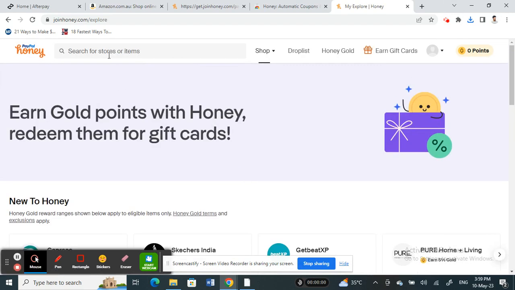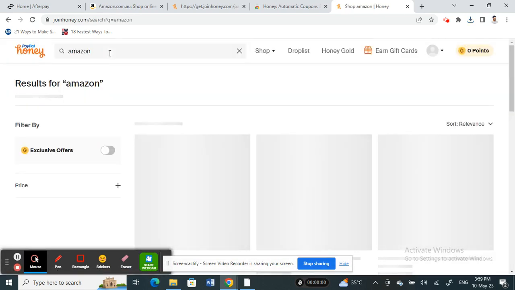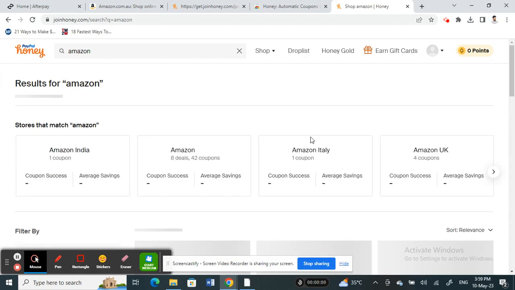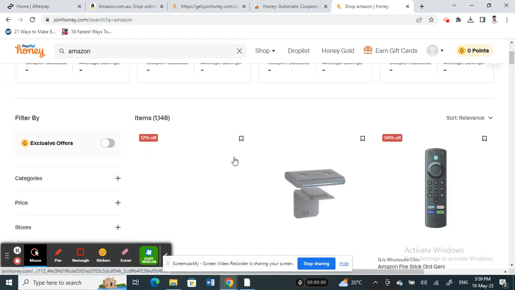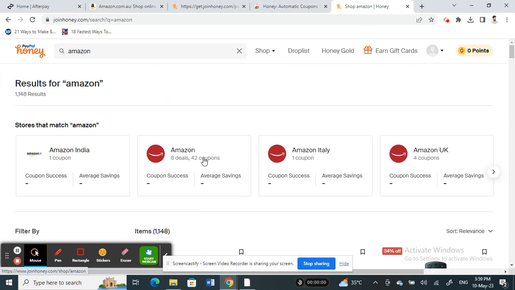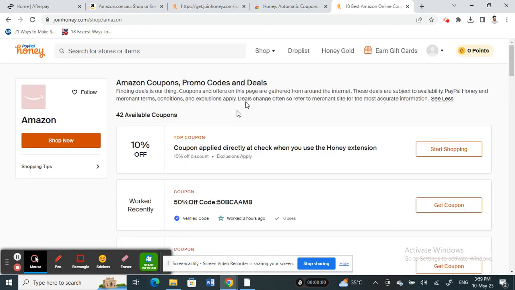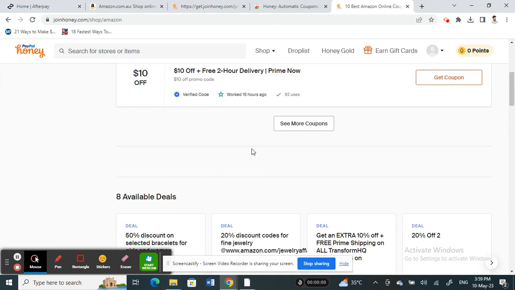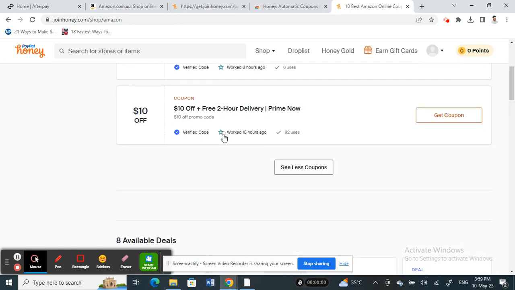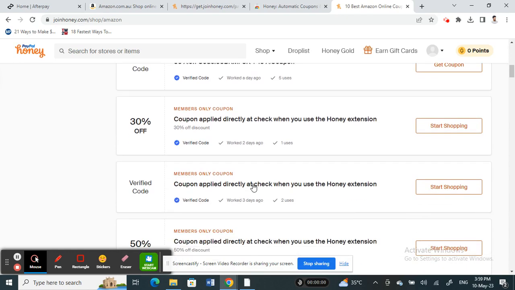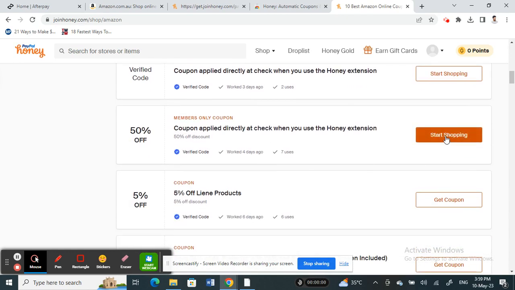So what I'm going to do now here is under the search bar, I'm going to search for Amazon. I'm going to search for Amazon, and then I will be here. So once you search for Amazon and click on the Amazon coupons, here you should see all the Amazon coupons. You'll see all the available coupons, so you can just choose any of these that you wish to use, and then hit on start shopping, and then you'll get the code,